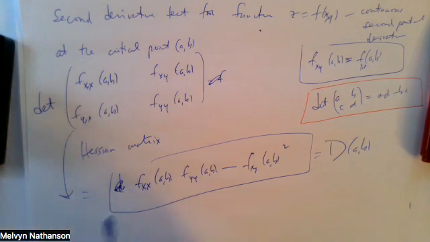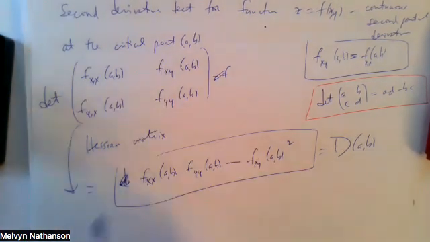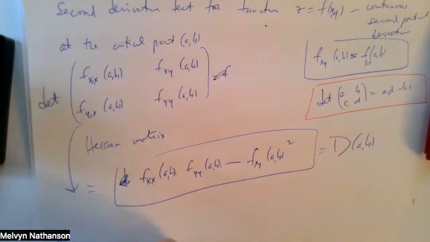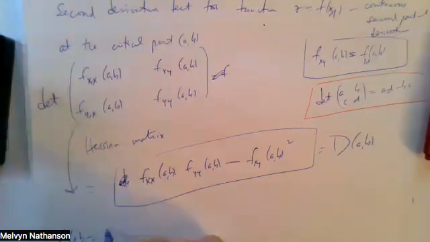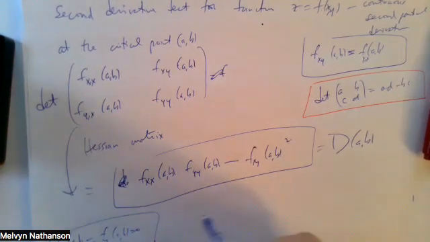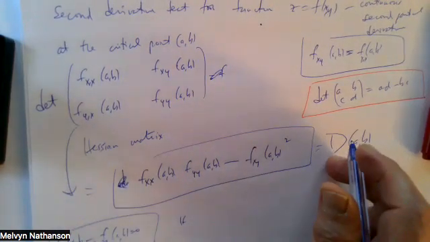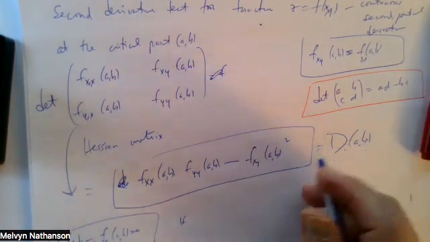So what is the second derivative test? First of all, it's a critical point. So the partial of f with respect to x and the partial of f with respect to y at (a, b) are both 0. That's a necessary condition to start with. If this number, capital D, is positive,